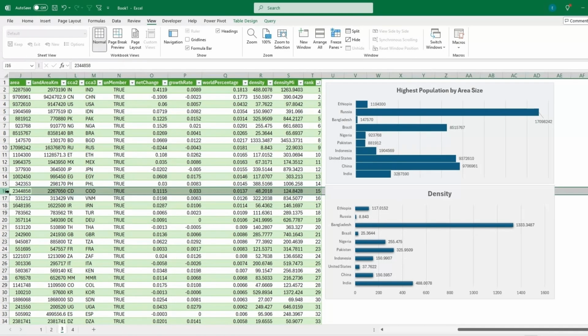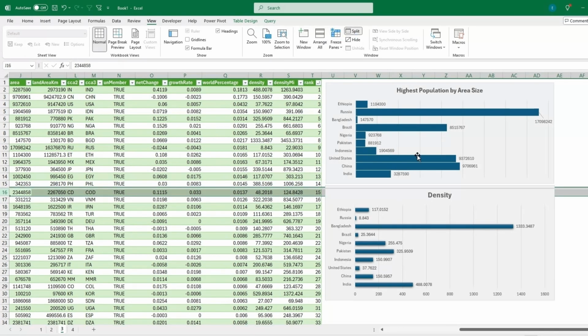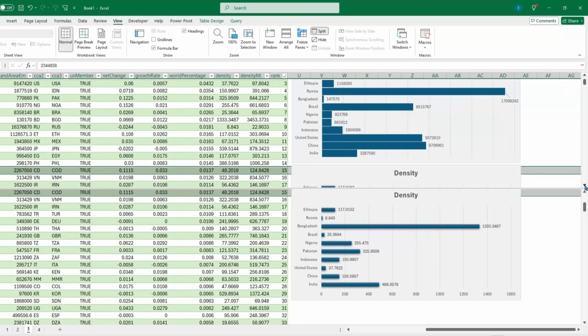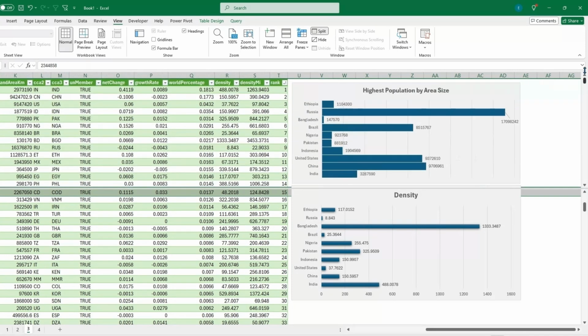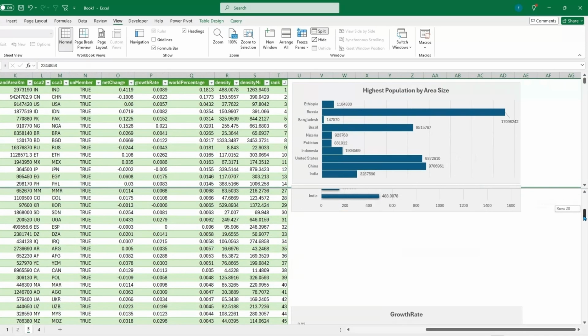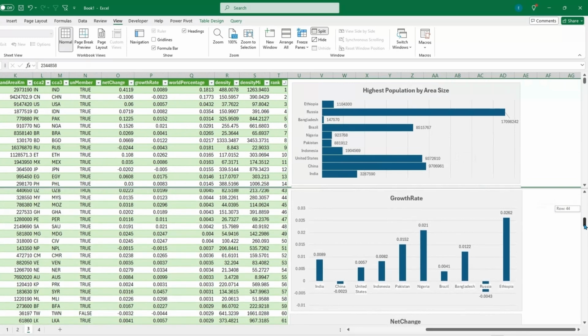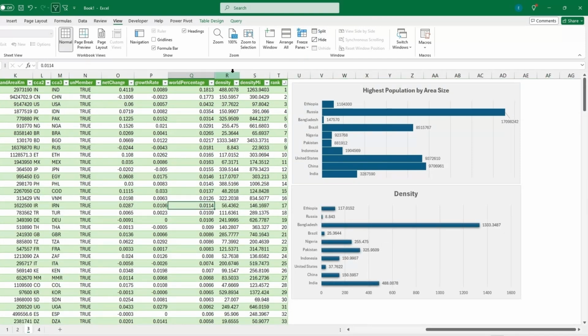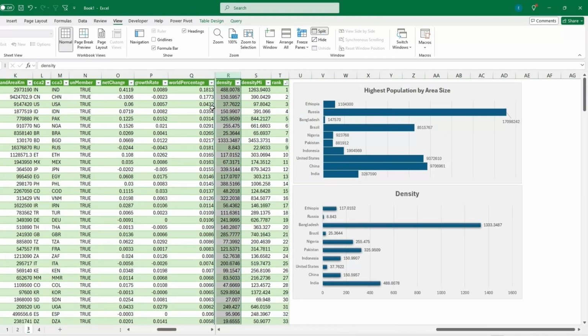So let's say we grab this whole row and then click Split, and say we want to look at the highest population by area size and also density. We can either have it like this, but then say we want to look at one of those and also scroll down to growth rate or net change. This will make it possible to look at different areas of our spreadsheet, especially if we have too much data. It's too large to look at multiple graphs at once. And if we click Unsplit, it will unsplit this, and we can also split by column